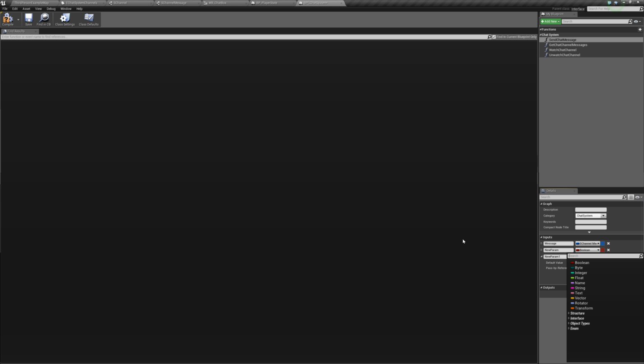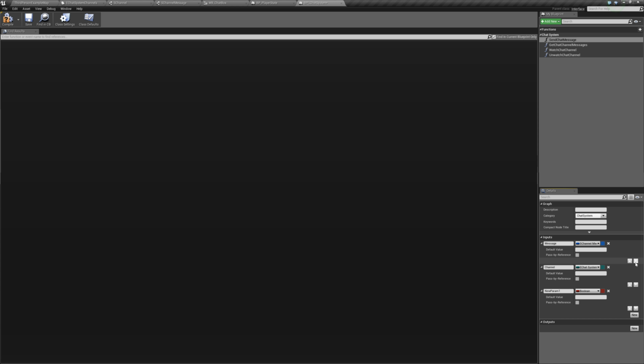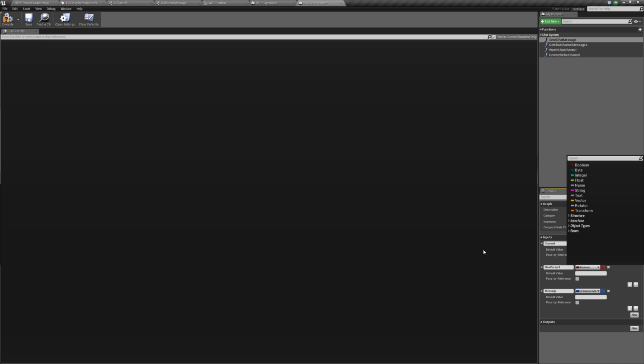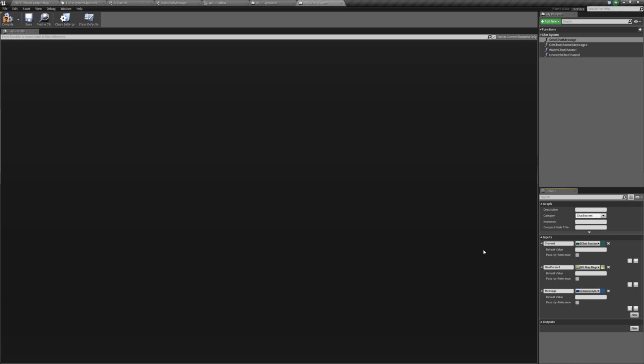So create 2 new properties, channel enum type, call it channel. I've got everything set up where channel is the first, BPI map region is the second, map region, and create a 4th one and move this one up, and this would be of type GUID and call it guild,